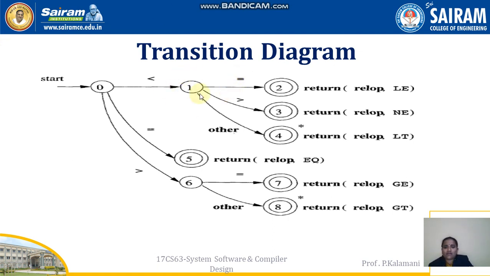Already we know we have 8 relational operators. So we are having 8 relational operators, and that will be represented as 6 relational operators in the diagram. So they are having 6 final states. So start,